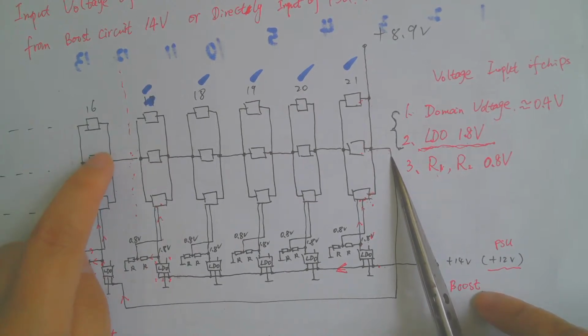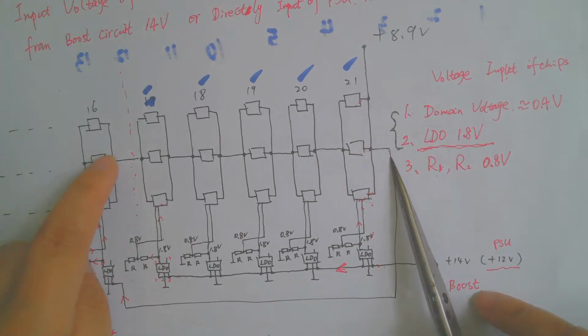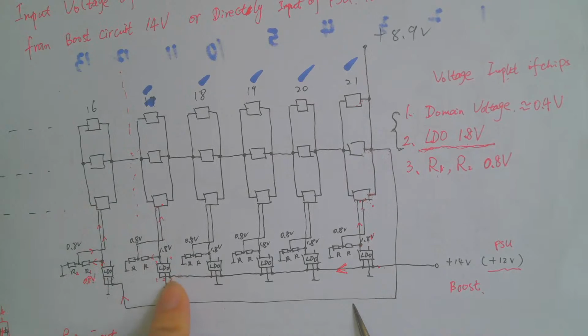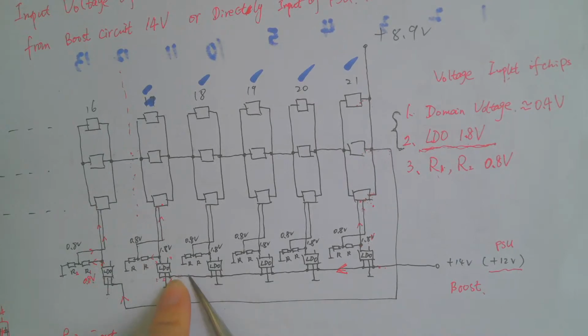But for the LDO in domain 17, 18, 19, 20, and 21, the last 5 domains,